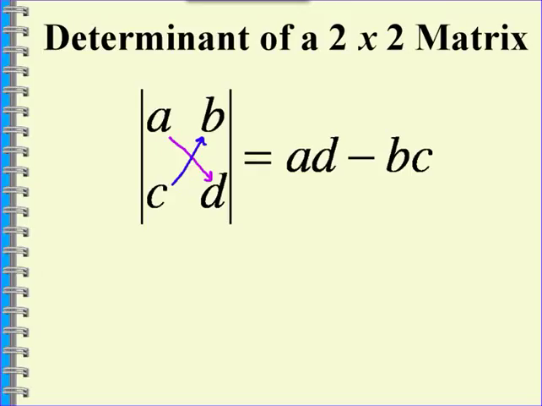Let's look at that matrix right there: negative 3, 1, negative 1, negative 3. Using the formula up above,